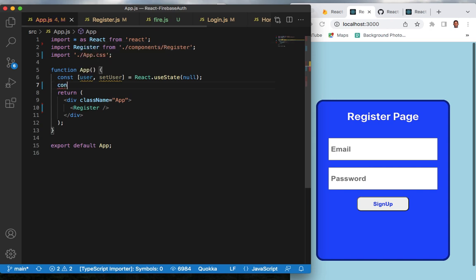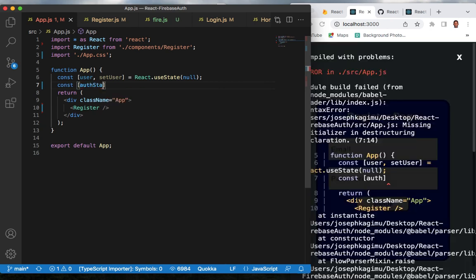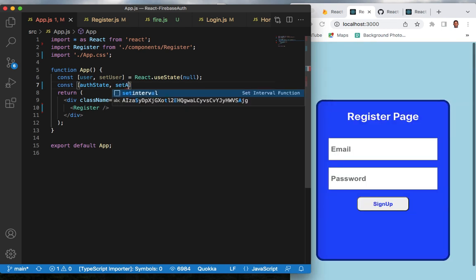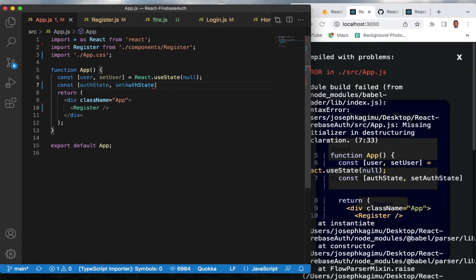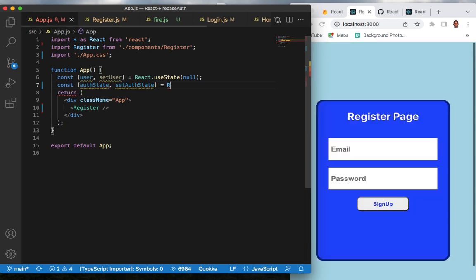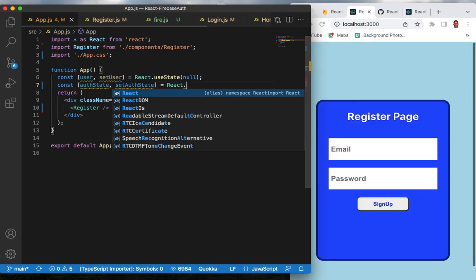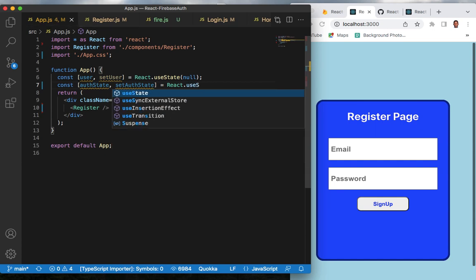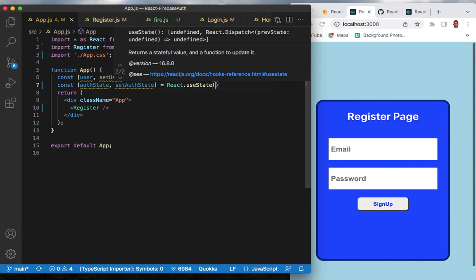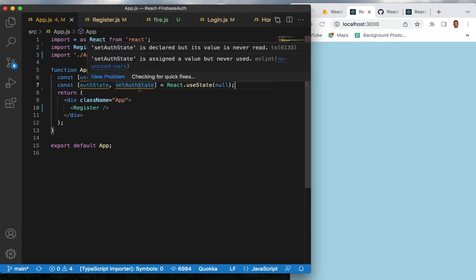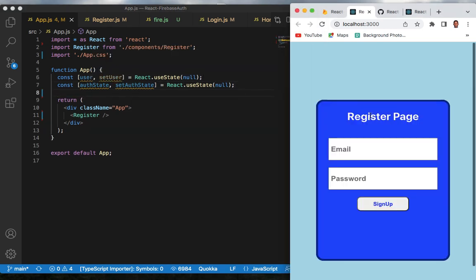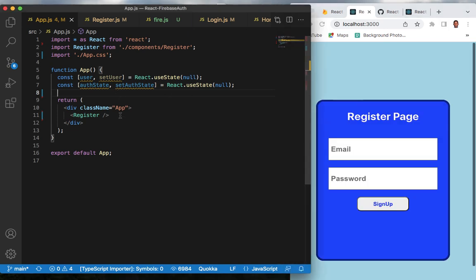So from that we also have const auth state, set auth state equals React.useState to be, let me say null. So from that,